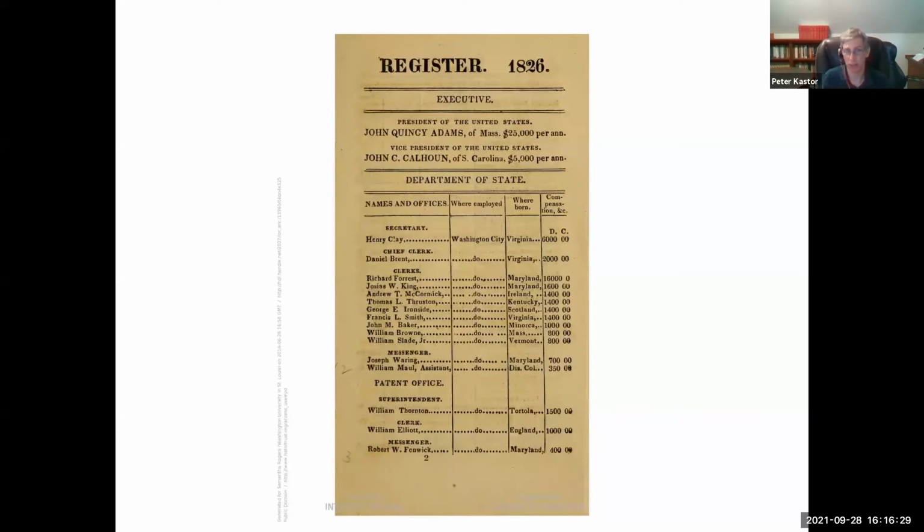This is the 1826 register. It shows John Quincy Adams is the president. He's from Massachusetts. He gets 25 grand a year. It shows then where people are employed. Daniel Brent is the chief clerk of the State Department. He works in Washington, D.C. He's from Virginia and gets $2,000. Now, this kind of document was easy to acquire. It's available online. And then to transcribe,